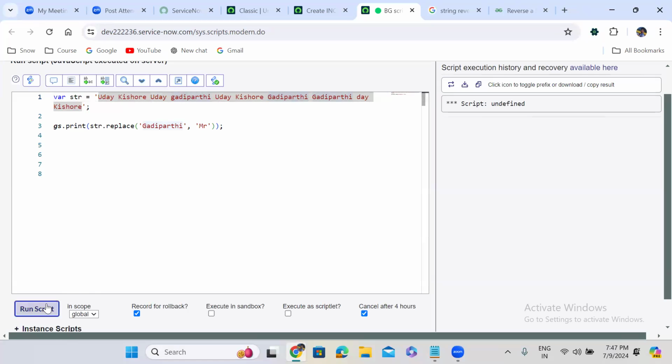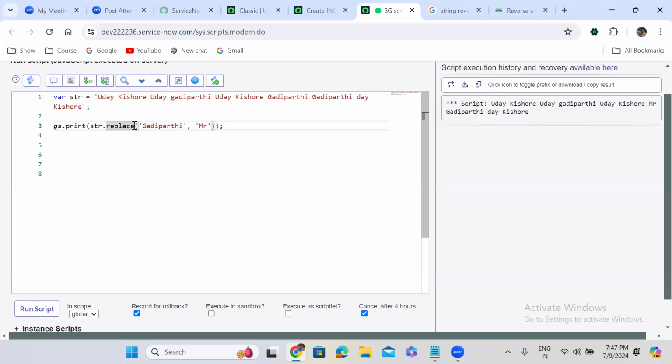Let me execute this one. You can see here Gadiparthi is replaced with Mr. here. This one is not replaced. Only the first one is replaced with Mr. If I use replace all,